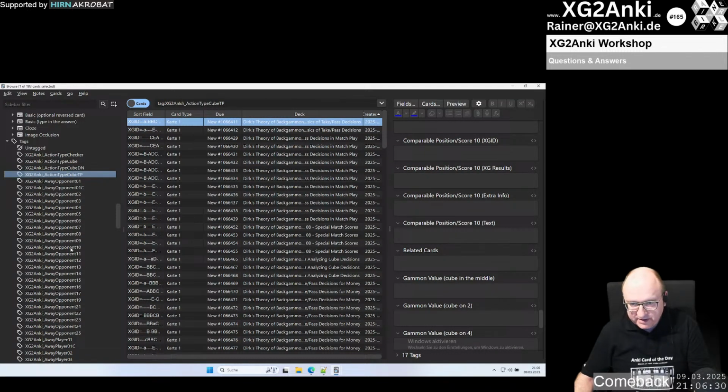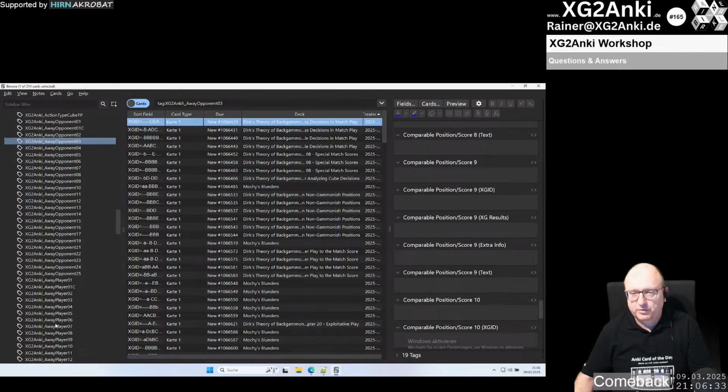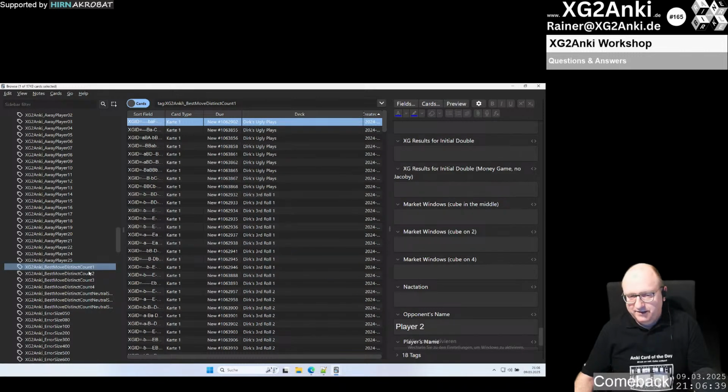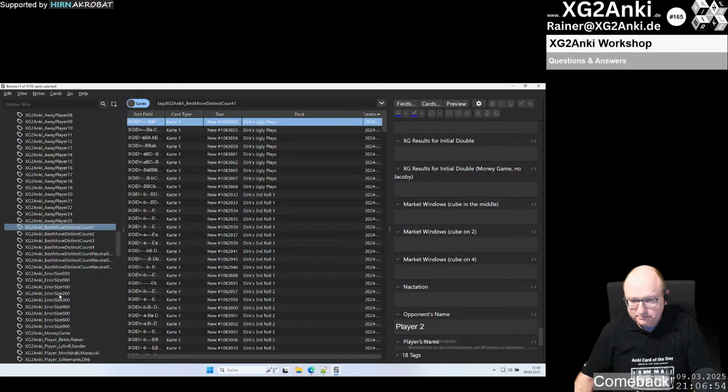And we have all the scores, for example, for opponent and for player. We have a tag for how many different best moves there are when it comes to different match scores: gammon save, gammon go, DMP, neutral score, and the current score from the actual match where the position is from. There are tags for the error size. What's the idea of a tag? That you can make a filter based on that. So you can create a deck with only your biggest blunders, bigger than 300 millipoints, for example,